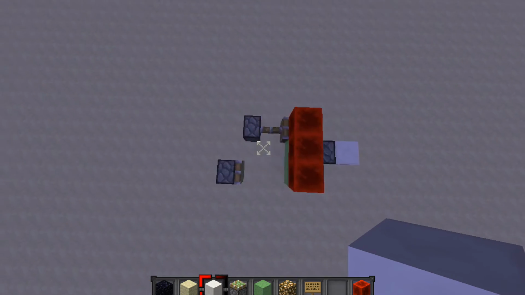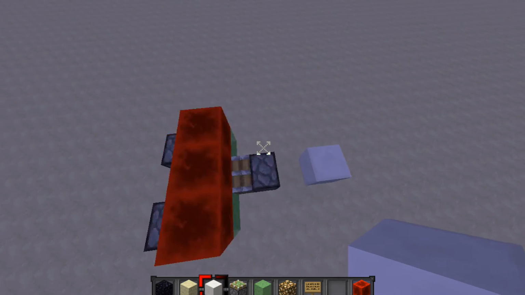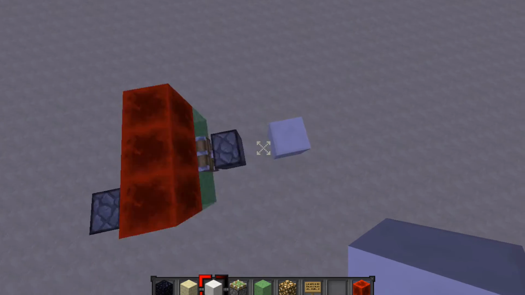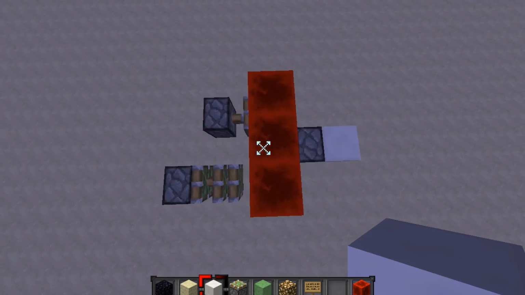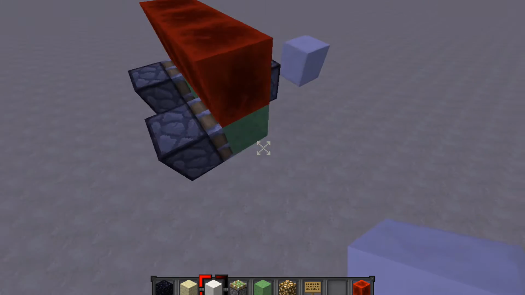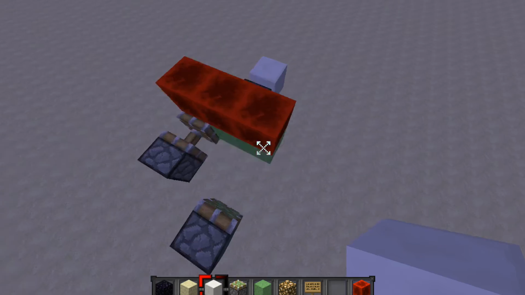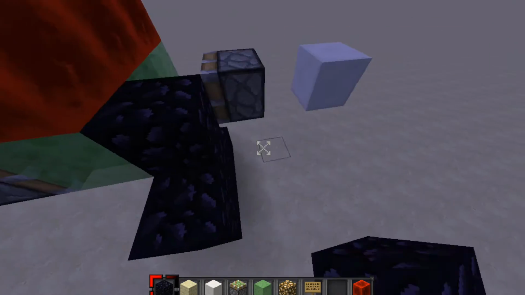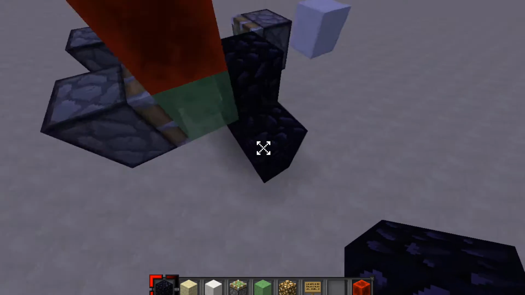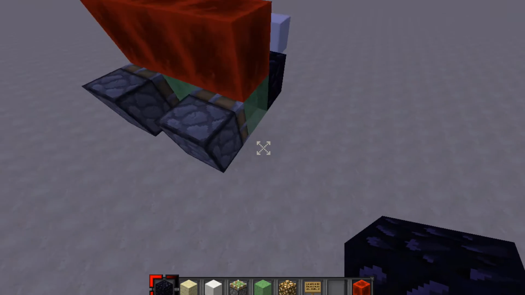It looks like this piston and this piston are taking turns pushing it back and forth. And then this piston, when it comes all the way back, is being pulled and then it's pushing it forward. So let's, oh, that worked. Wow. Didn't think that would work. But anyways,